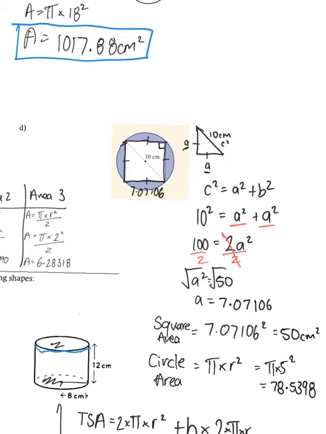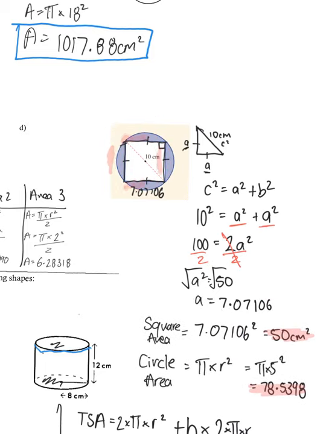That equals 78.5398. Just note I haven't gone to 2 decimal points because it's not our final answer yet. So what I'm going to do, guys, if we look back at our shape, we want to find just the shaded parts in here. So that's going to be the area of the circle minus the area of the square. If I do 78.5398 minus the 50,